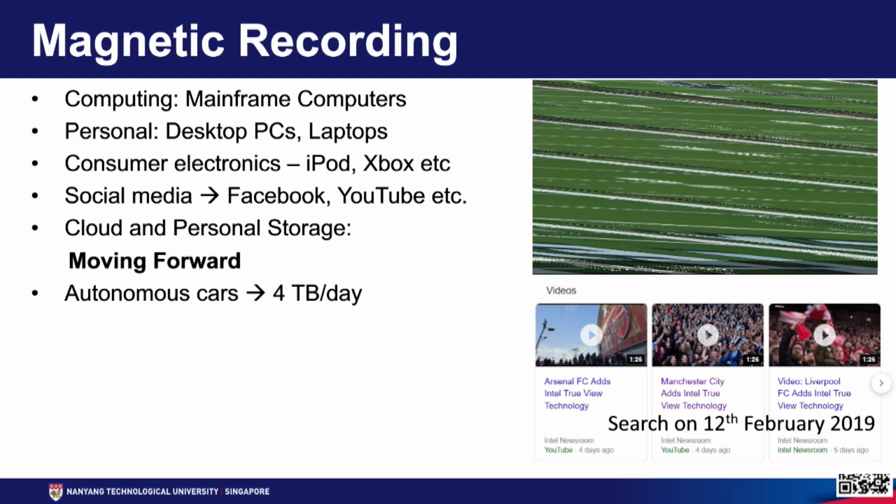One application is autonomous cars. You know that Tesla can drive on its own, and there are many autonomous cars coming into the picture. They have lots of cameras and they capture video, so all these generate a lot of data. Roughly 4 terabytes of data is generated every day. All these need to be stored somewhere, so that is one application. And if you look at this video,